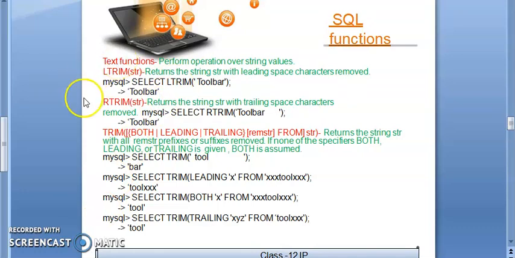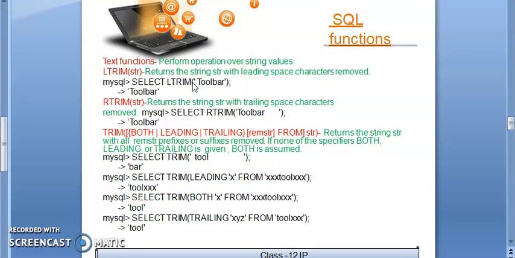After that we will discuss the next string function, that is ltrim. ltrim is used to return the string with leading space characters removed. So we can say, students, that the ltrim function is used to remove the leading space characters.